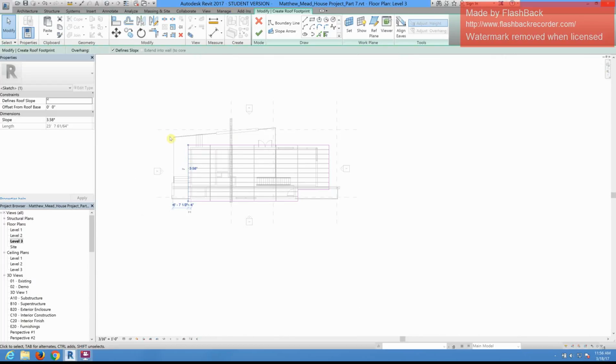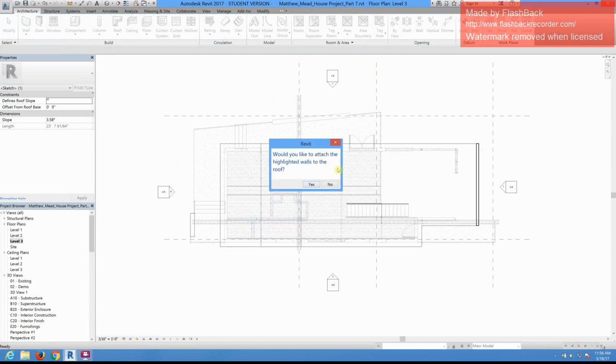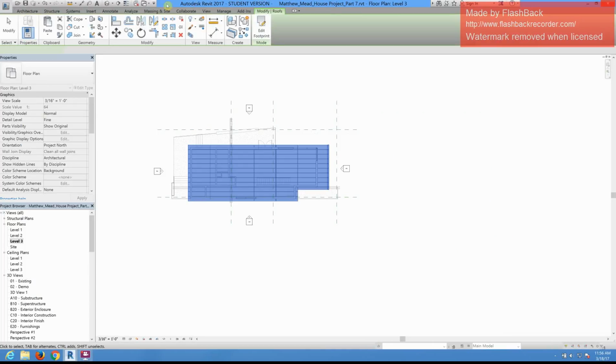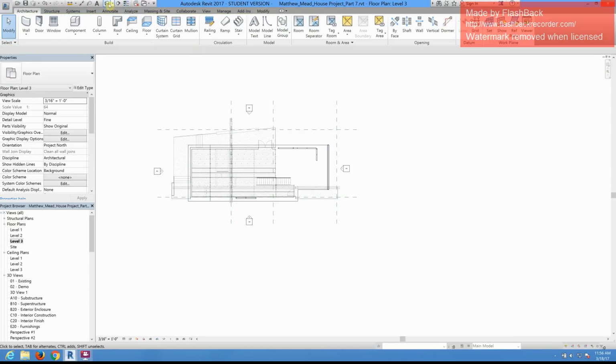So now that we've defined our perimeter and our slope, I can hit the check mark. Now it asks this question: would you like to attach the highlighted walls to the roof? By highlighted walls, if you can barely see on the screen, it's showing all of the walls that are on the second floor. So I'm going to say yes to that. And just go ahead and hit delete elements. That's fine. And now if we look at this in 3D,